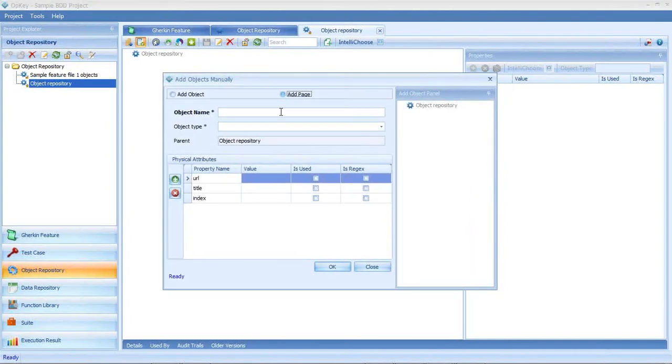So first, I just need to create an HTML page. It's a login page. Click on OK. Then I need to add the three mentioned objects in that page. The first one is username. It's a text box.